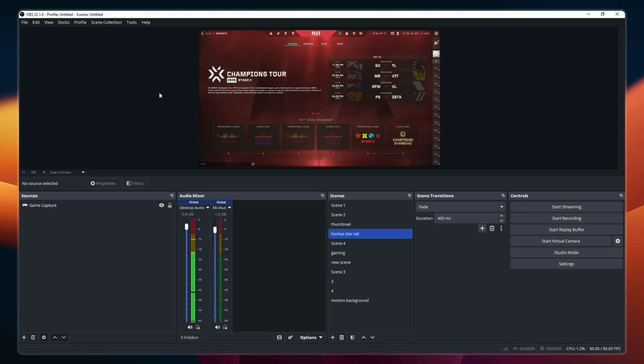You've successfully set up Honkai Star Rail to be captured in OBS Studio, and you're ready to start recording or